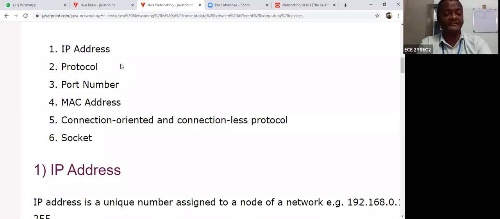The address size is either 32-bit or 128-bit. A 32-bit address is called an IPv4 address. What is the IP? Internet Protocol. V for version, 4 for 4. You can check your IP address. That is called a global address. So once your mobile, system, laptop, iPad or computer is connected to the network,